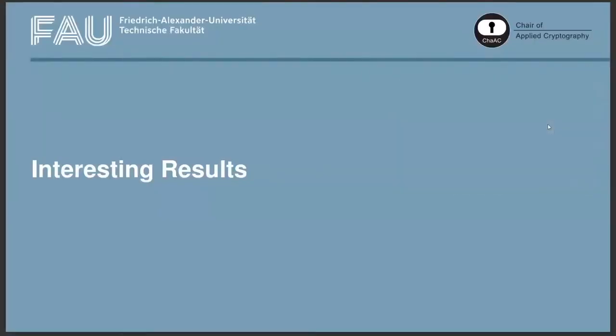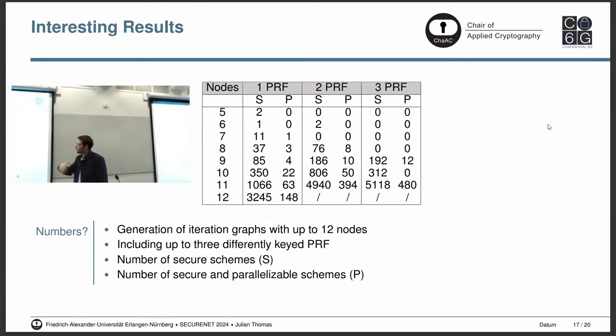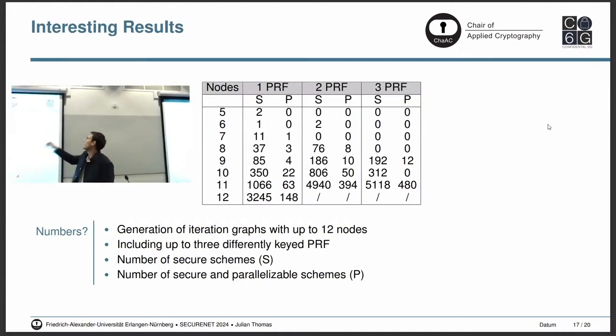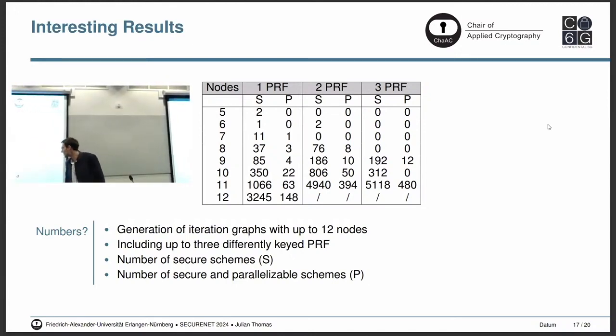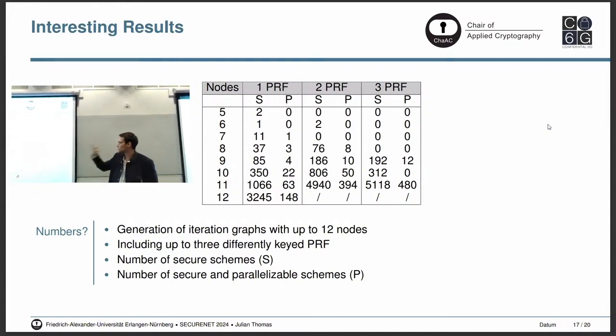Okay, and we implemented all of that. It was quite a lot of code, like 3,000 lines of code, and we made it run. And here are some of our results. So on the left you can see how many nodes we considered for a graph, so what is the size of our graphs, and how many differently keyed pseudorandom functions we considered, and then you can see how the numbers get bigger with the amount of nodes, and how many